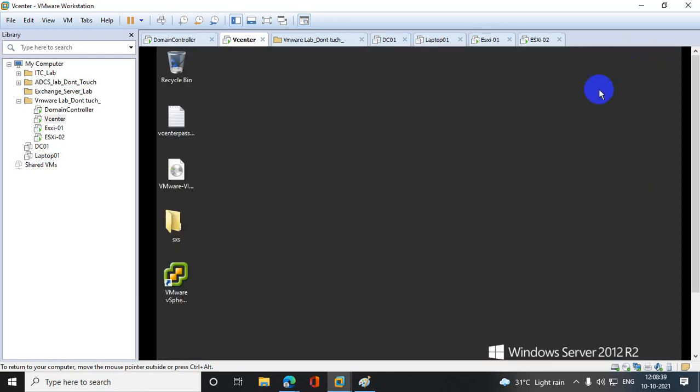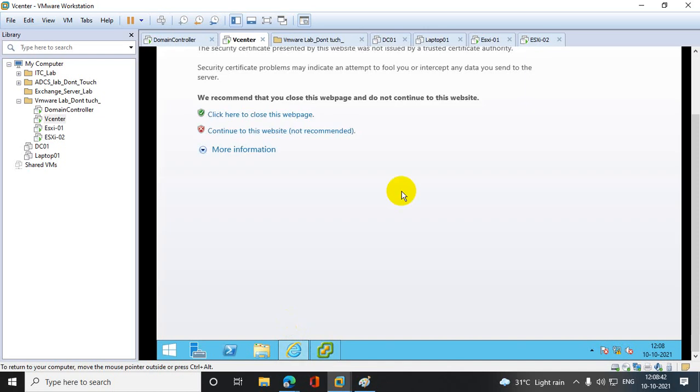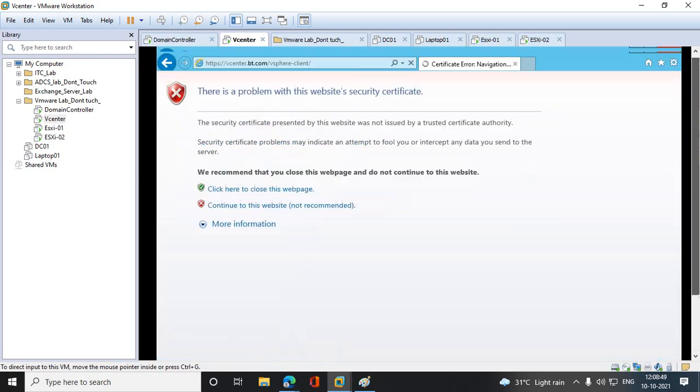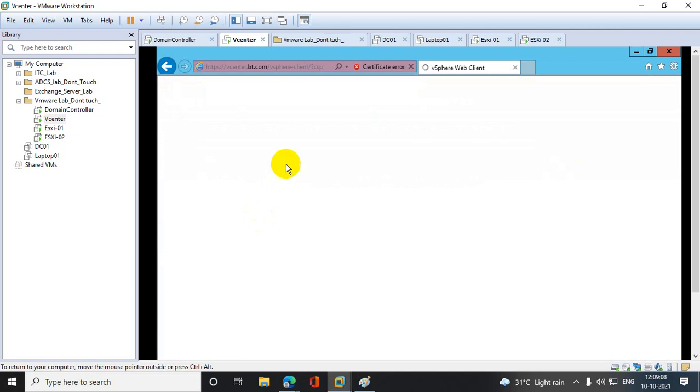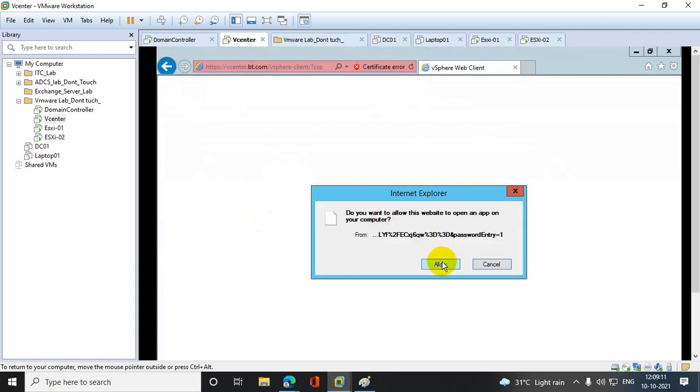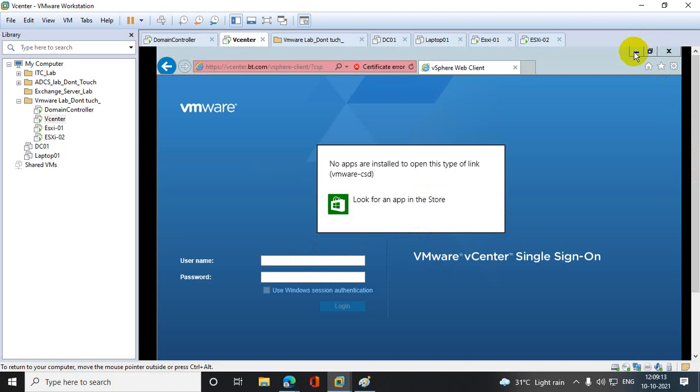Okay, let's open the vCenter console and try. This is a synchronization issue. It will take time and it will fix, but it is not taking. It might be a problem in the domain controller or something else, connectivity. That I'm trying to do through the vSphere client options. Let's see whether it will work or not.